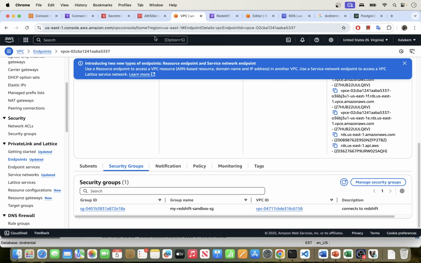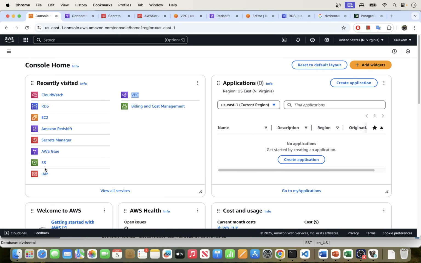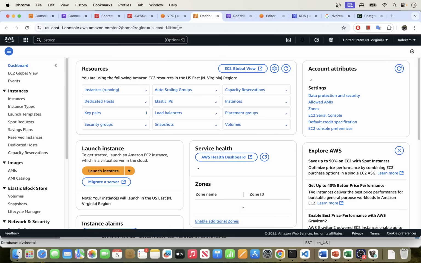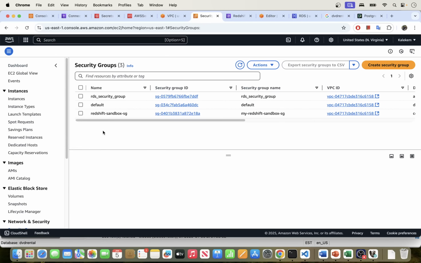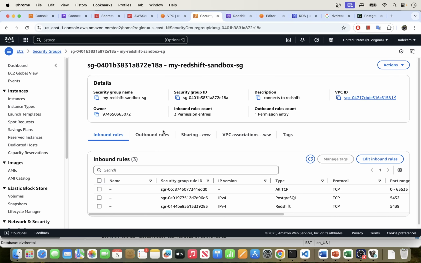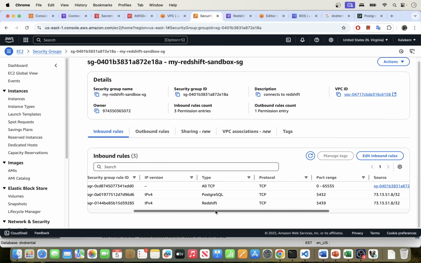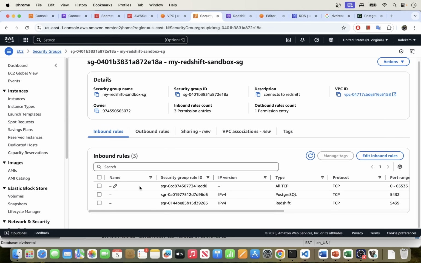security group, actually, let's go there. If we go to EC2 right here, I will show you that security group right here. I initially was trying to use the RDS one. I created a separate one, but it was giving me problems, so I just ended up using this one for Redshift. And if you go to the inbound rules here, you will see that I have 3 rules open,